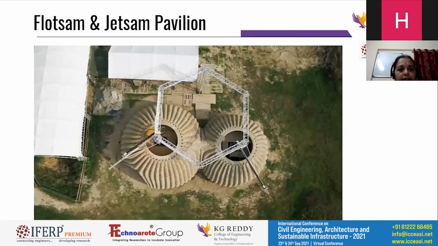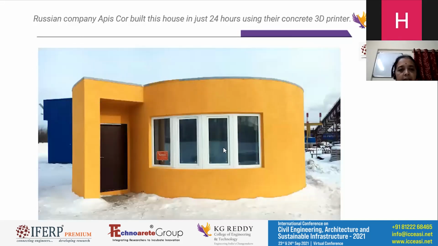So again, this Jestam pavilion, a huge pavilion, construction is going on by using 3D printing. Here in the figure we are clearly observing that two robotic arms are there, rails are provided, and a clean and neat site is there. No workers are there. Again, this one is a building completed by a Russian company within 24 hours by using their